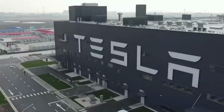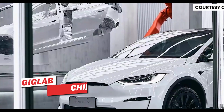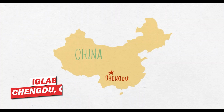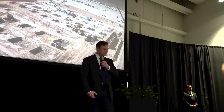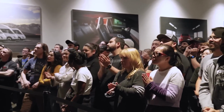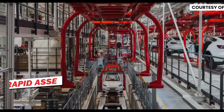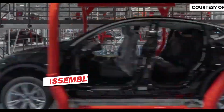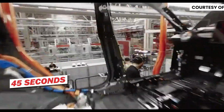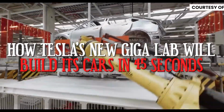In a noteworthy development this June, Tesla elevated its innovative efforts by opening its first Giga Lab in Chengdu, China. This facility, surpassing the typical retail store, also functions as an interactive showroom. Here, visitors are treated to a unique spectacle, witnessing the rapid assembly of Tesla's iconic models in an incredible 45 seconds. In this video, we will delve into the intricacies of Tesla's groundbreaking Giga Lab and how it's revolutionizing the